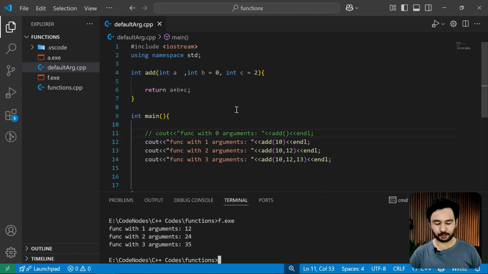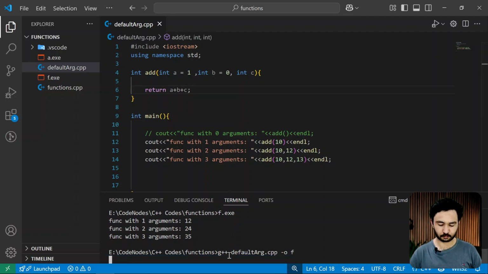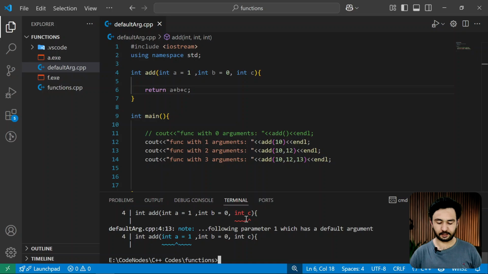So it has executed successfully. One thing that you must keep in mind is that if you have assigned a default value to a parameter, for example, if I assign a value of 1 to this a, then you must assign default values to the parameters on the right side. For example, if I remove the value we assigned to c and try to compile this, it has thrown an error.